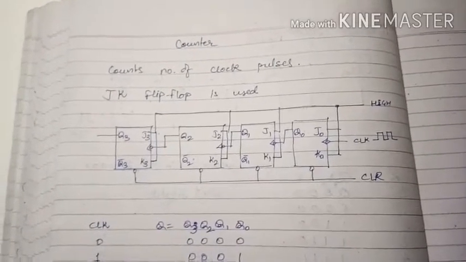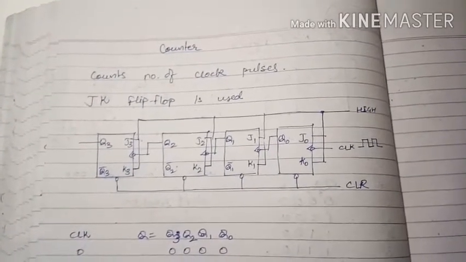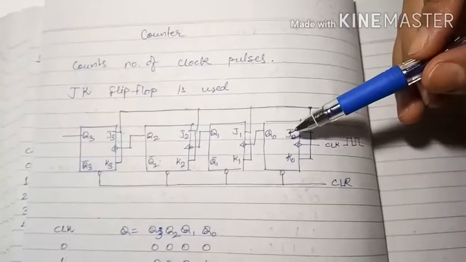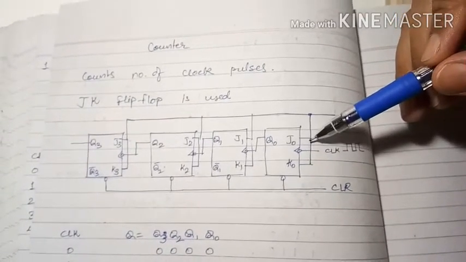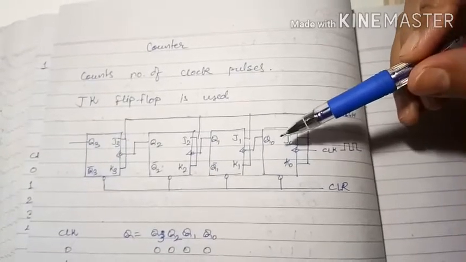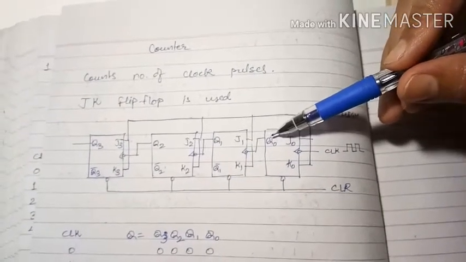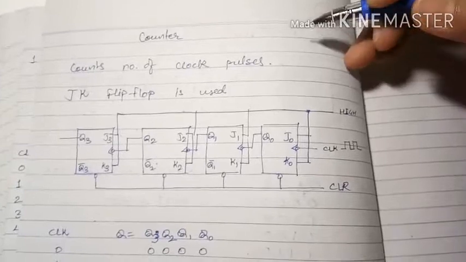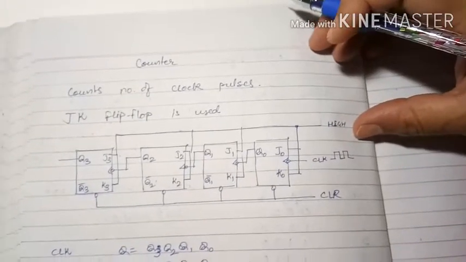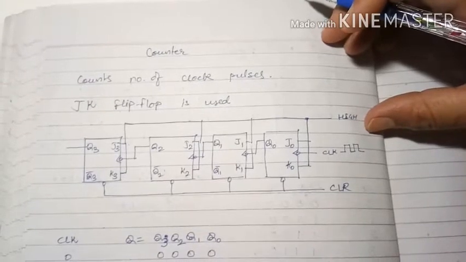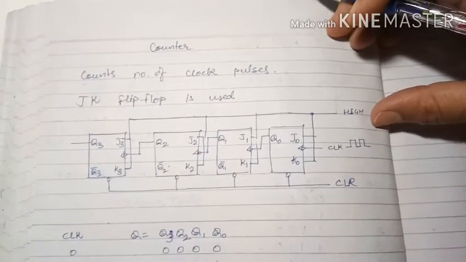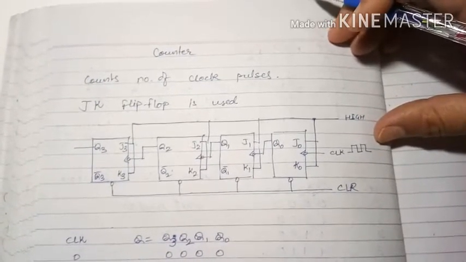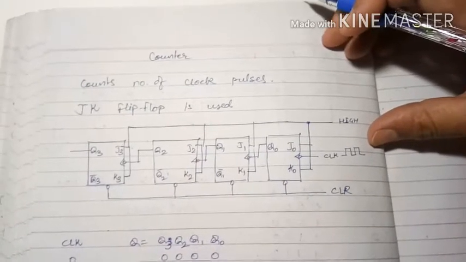So toggling means again changing the state from 0 to 1 or from 1 to 0. As the clock pulse occurs, when the flip-flop input is high, 1 1, then toggling occurs at the output. So if Q0 is 0, it will become 1. If it is 1, it will become 0. So the counting of clock pulses is performed, as you can see if we consider its function table or truth table, the frequency division operation in the counter occurs.